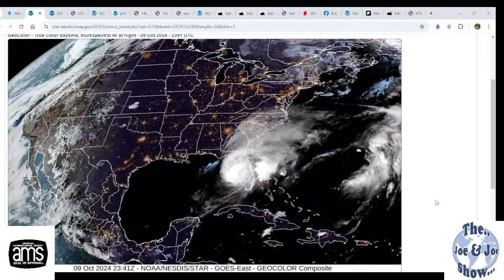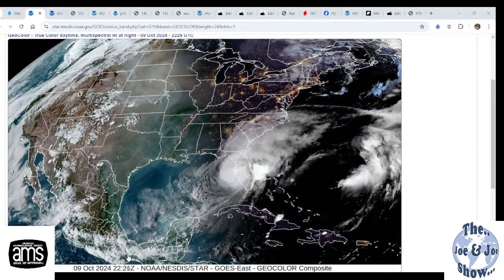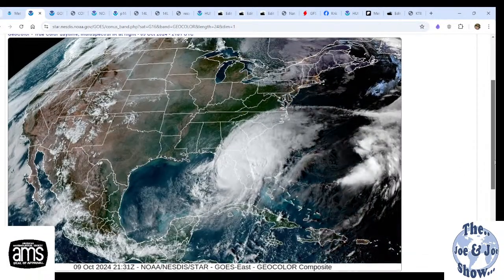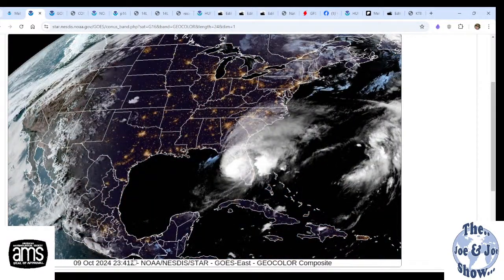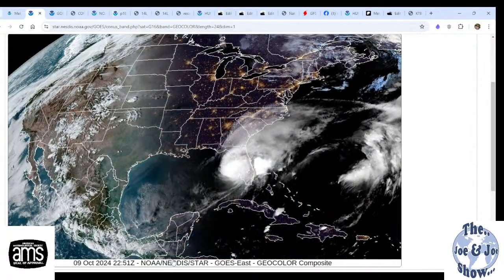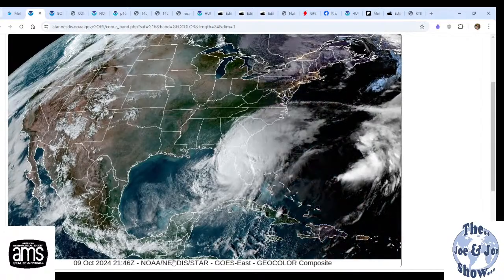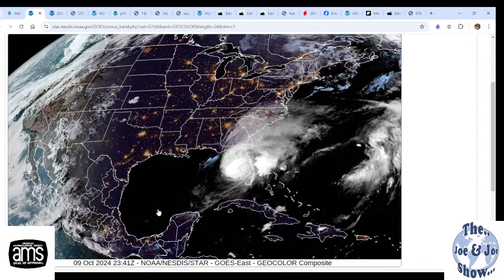If you trace it back, there was a tropical depression on the Pacific side of Mexico, south of the Bay of Campeche on the other side. It never developed into a tropical storm. It moved inland, and you could trace it back where it moved through that very narrow part of Mexico, and it moved into the Bay of Campeche. That ultimately became this system, became Milton, and I think the models were having a really difficult time because they were keying on this lead wave that was sort of going out and not really paying a whole lot of attention to